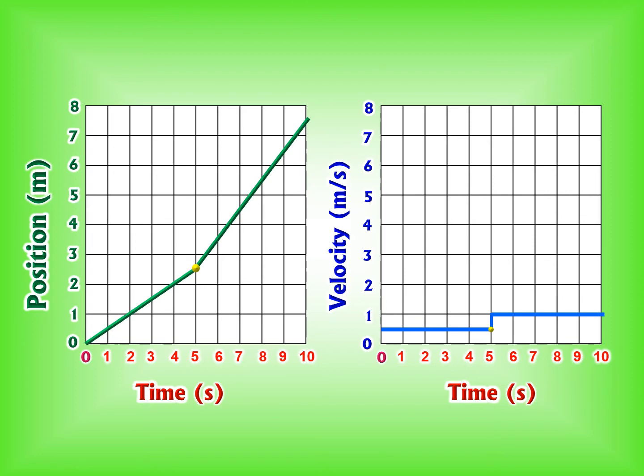So if you looked at the vector from 4 to 5 and from 5 to 6, you could find the change in them, and it's 0.5 meters per second. And then you would divide that by the change in time, which is 1 second. And so it would be 0.5 meters per second squared. And that would be the acceleration over that short interval where it's happening there.